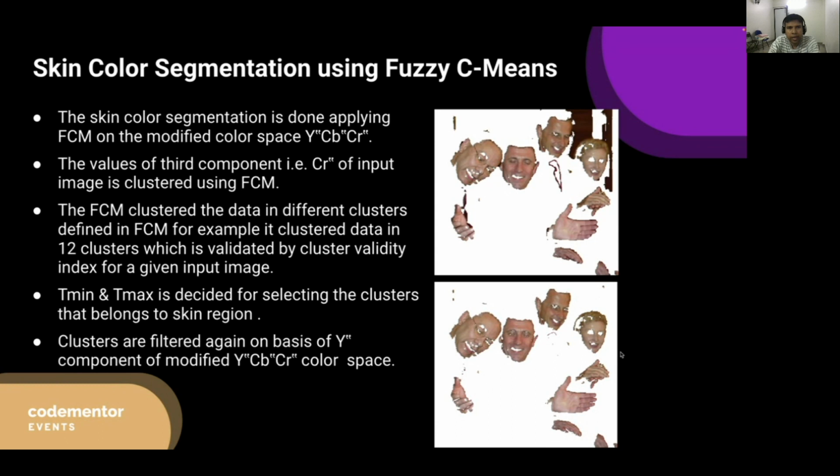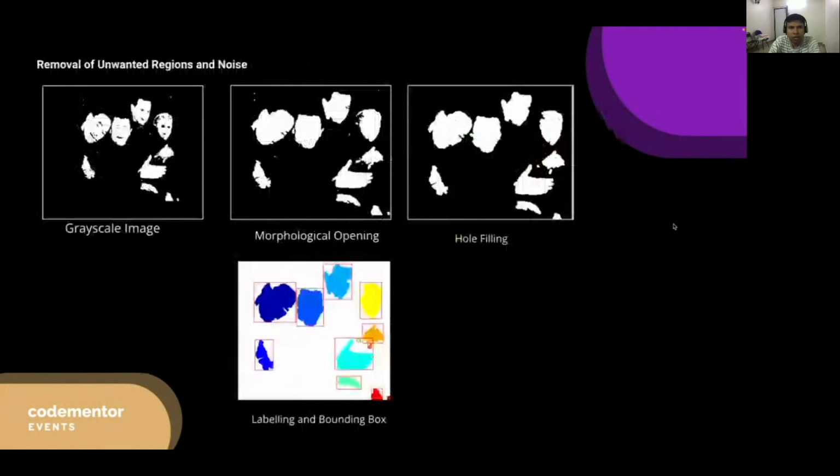So at this moment, I can summarize: skin color segmentation on the Cr dash channel using fuzzy C means. We first make the clusters of the skin indexes, then filter out the skin index clusters on the tmin and tmax, and then further threshold based on the y dash intensities, because skin colors will have low intensities and where y dash is high intensity, pixels are eliminated in a simple way. We like this. So let's move on to the next